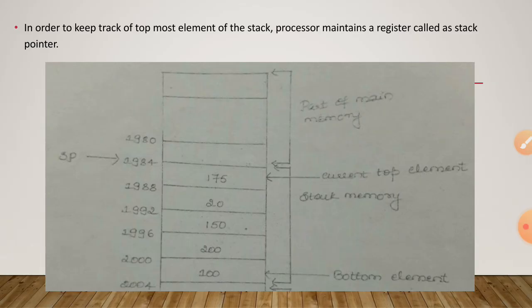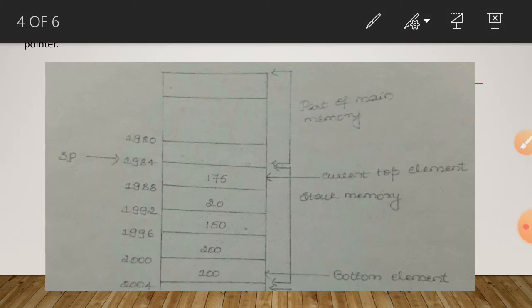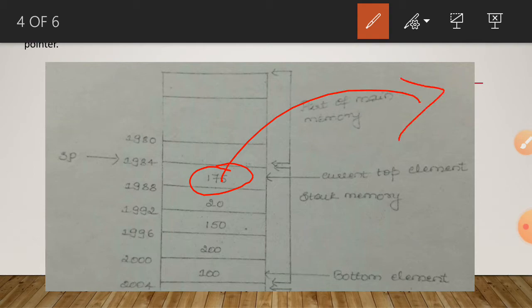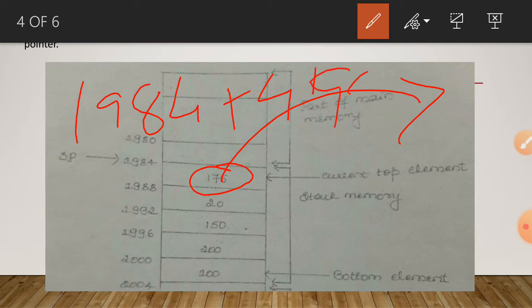Here, if you want to delete, the 175 that is there is moved to another memory location, and then the stack pointer is incremented, that is 1984 plus 4 means 1988, it will come here.